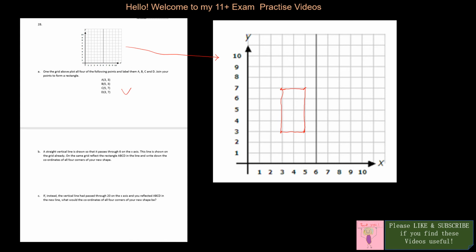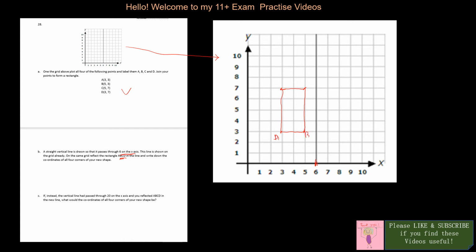The next one is saying a straight vertical line is drawn, so it passes through 6 on the x-axis. So this passes through 6. You see it, this line is shown on the grid. On the same grid, reflect the rectangle in the line. So we need to name it, do we? Probably we do. So we have A,